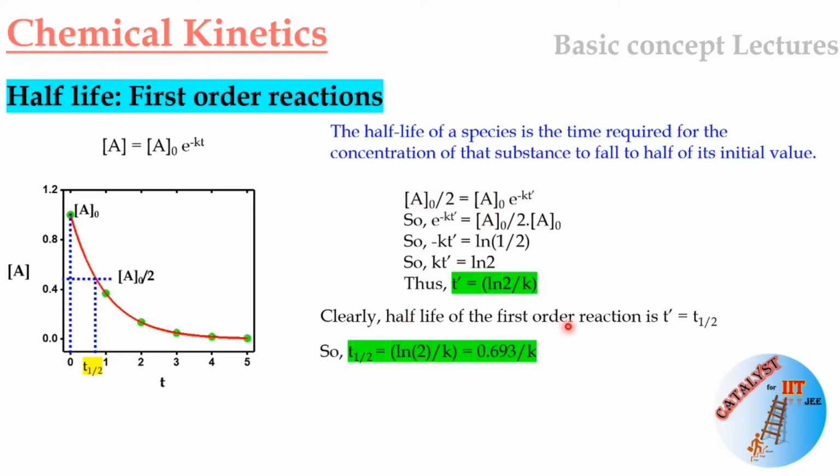So the half life for the first order reaction is t prime, which is equal to t half. So for a first order reaction, the t half equal to ln 2 by k, which is equal to 0.693 by k. This 0.693 is nothing but the numerical value of ln 2. Okay,